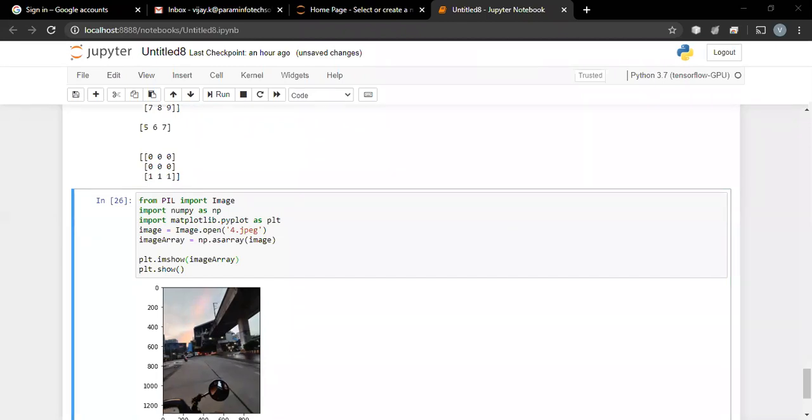Oh, there is one more image. Ashwini, is this image clicked by you only? Okay, Ashwini, nice one. So we'll try to use both the images in today's session. Okay, let me download the image.